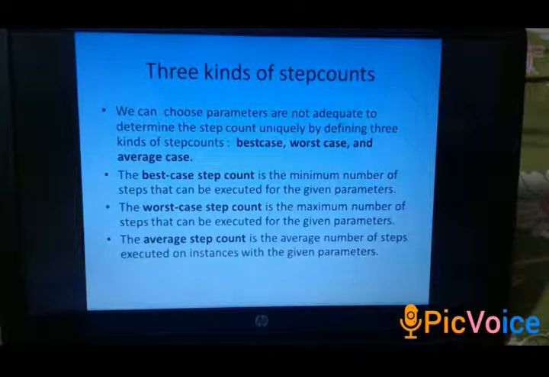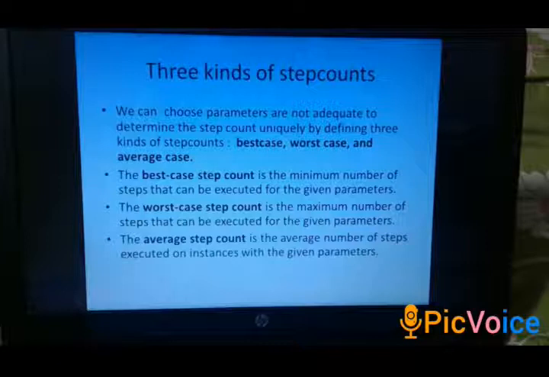In the time complexity, the step count is calculated and the step count is divided into three parts, that is best case, worst case and average case. We can choose parameters that are not adequate to determine the step count uniquely by defining three kinds of step counts.